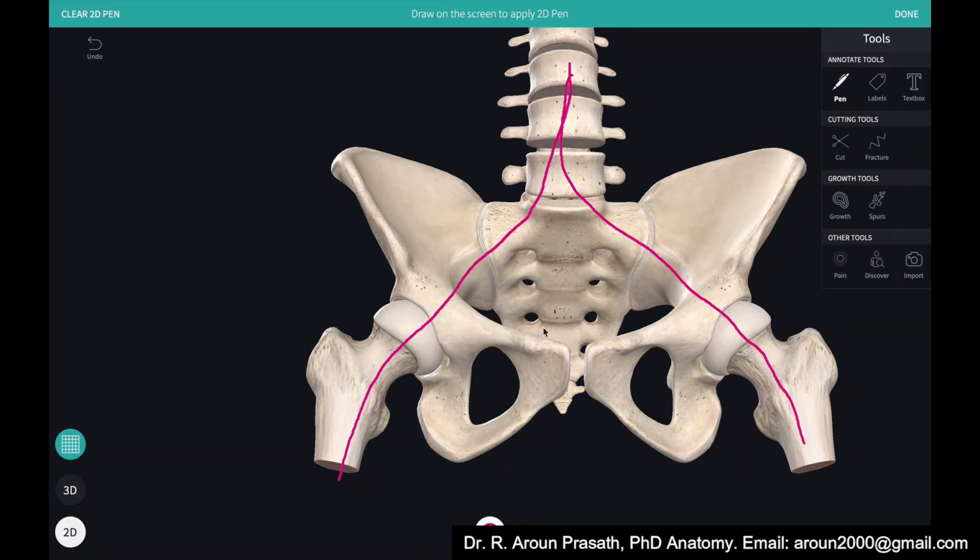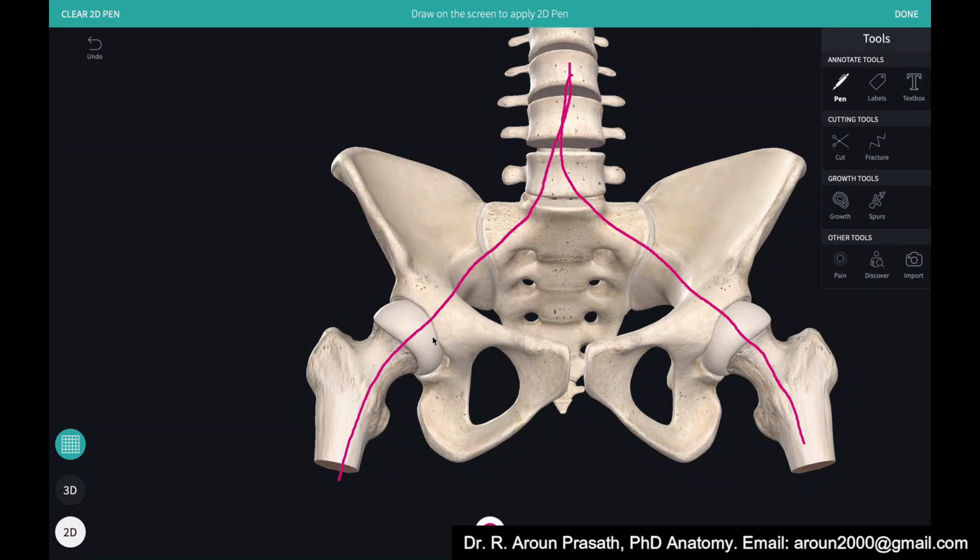Suppose a patient falls with the outstretched leg. When the leg is stretched and the patient slips and falls down, there are chances for pubic ramus fracture, and the management is bed rest. If there is a fracture of the inferior ramus or superior ramus, the management is bed rest, no